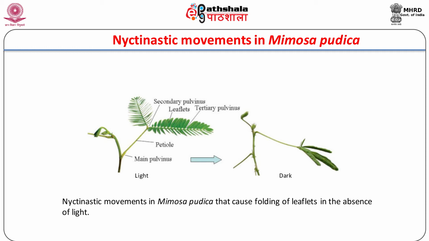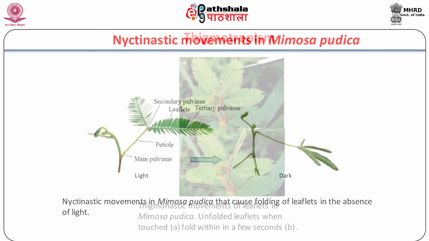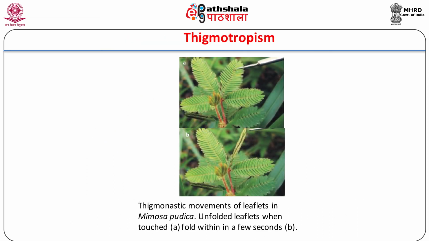Movement of the leaflets is controlled by an organ called pulvinus that is located at the base of the leaflet and leaves. The pulvinus has two zones of motor cells arranged on the dorsal and ventral sides respectively. These motor cells can undergo a reversible change in turgor in response to touch or the absence of light. Turgor loss in extensor cells causes the leaflets to fold and the leaf to droop.